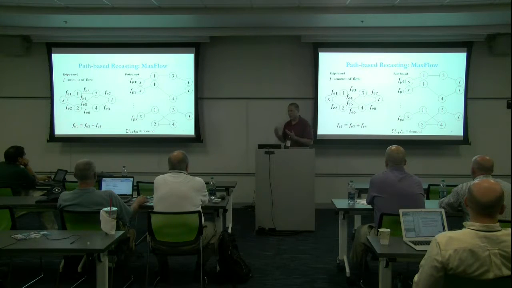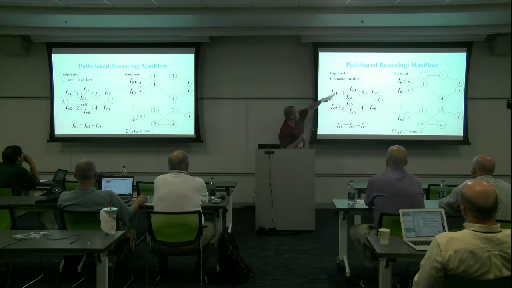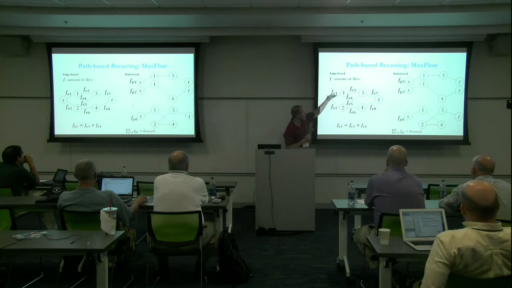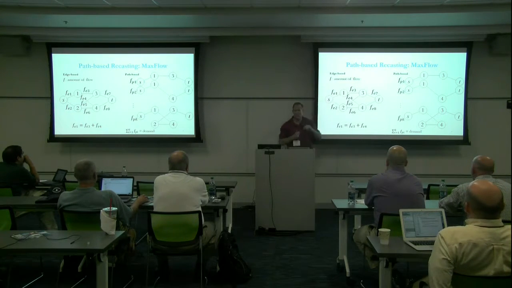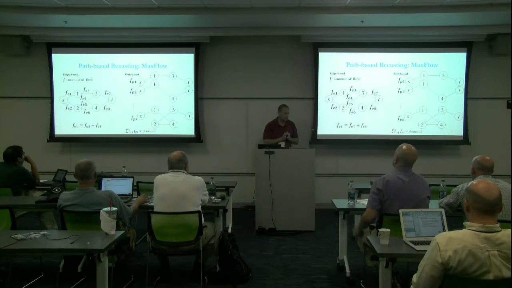If you look at the traditional way of expressing that, it's expressed in what I would call an edge-based formulation, whereby each of the edges has some capacity and you have some variable that accounts for how much flow gets pushed across each edge. You have some conservation rules, like the flow in via edge 1 has to equal the flow out via edges 3 and 4. So you have some conservation of flow requirements around the problem.